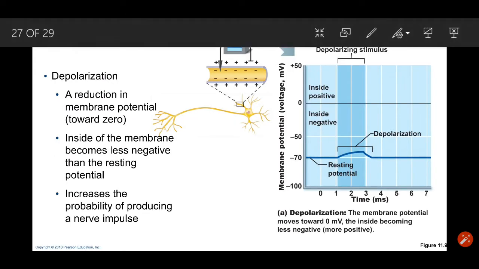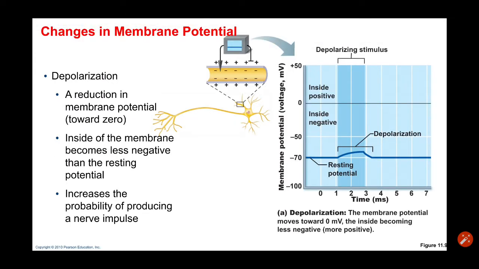Depolarizations are small upward movements of the resting membrane potential. Remember, the threshold is up here somewhere, so this is not an action potential. So anytime you have a small movement going up, that means it's a depolarization. In other words, a reduction of the resting membrane potential in the direction towards 0, not reaching 0. Again, the inside of the membrane becomes less negative; an increase in permeability will produce this kind of thing. On the other hand, if I move it down,